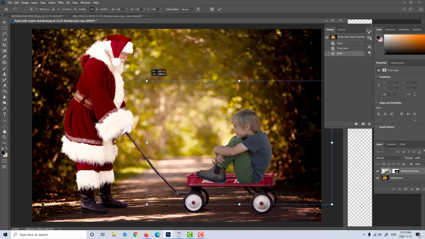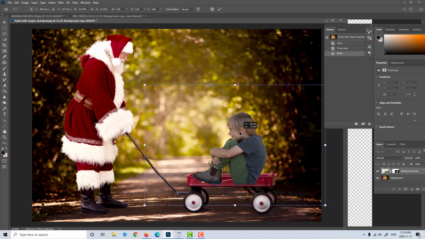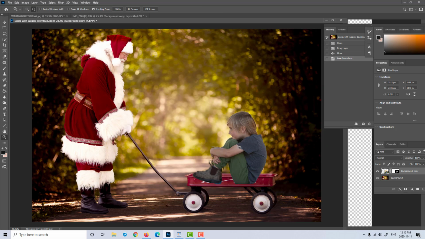And I think even he's a little bit big there. We also want to size him in relation to Santa, so we want to make sure he doesn't look bigger than Santa. And as you can see, I'm placing him as though he is seated down into the wagon. And next step,